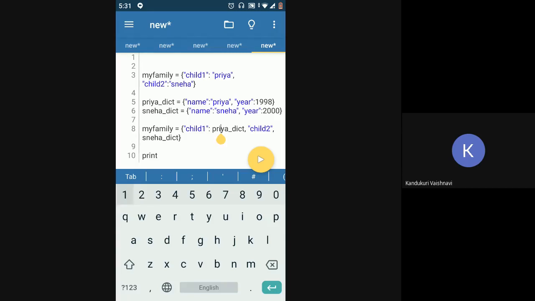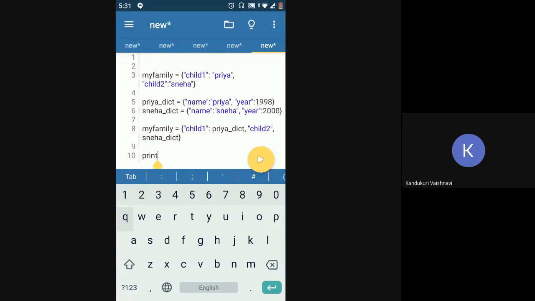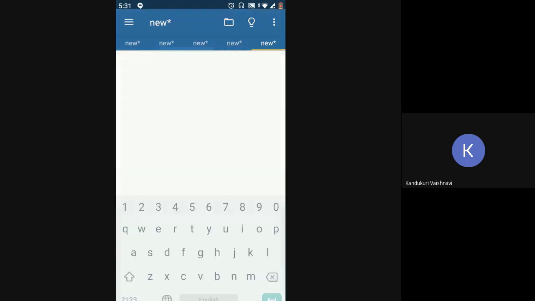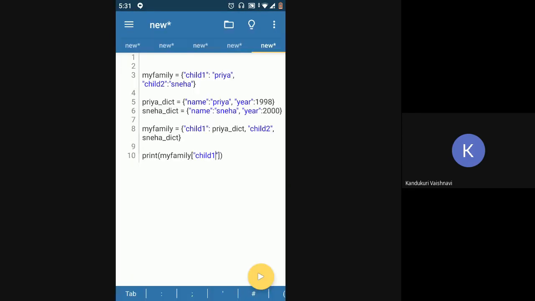So when I give child one as the key, whatever is present inside this dictionary will come as the value for me. So if I say print my family child one, just a minute, some error somewhere. Okay, sorry.